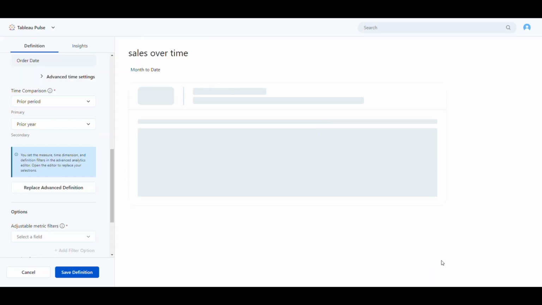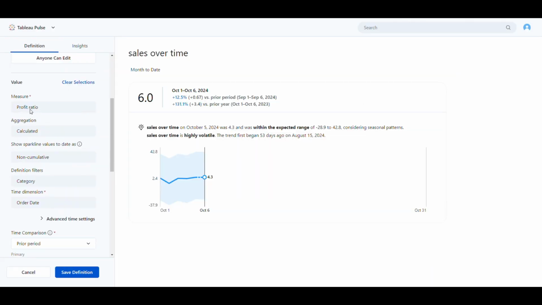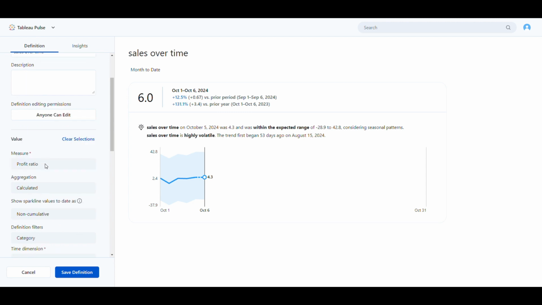So apply, apply. See, like this. So if you see, earlier I had chosen sales, right? So now sales has been replaced with the profit ratio, and I didn't get an option to edit also. See, so this is what exactly the create advanced tab will be useful for.